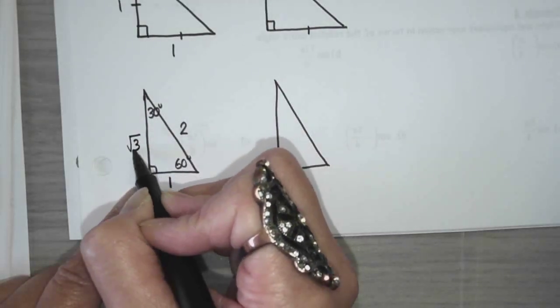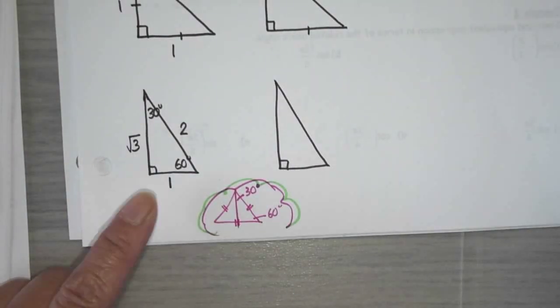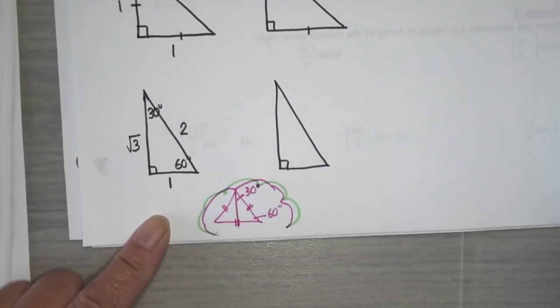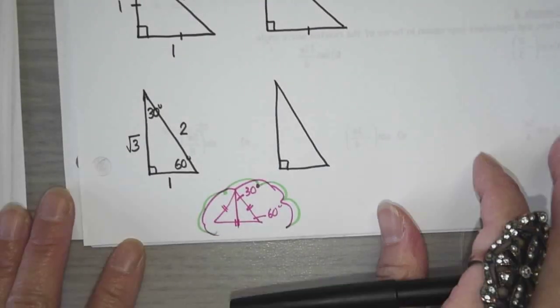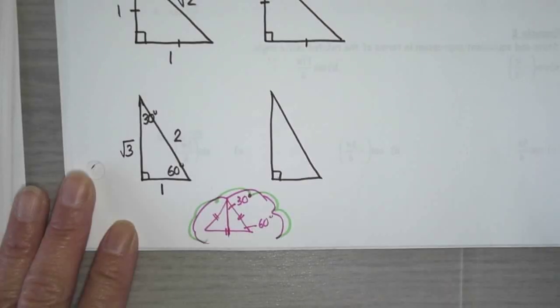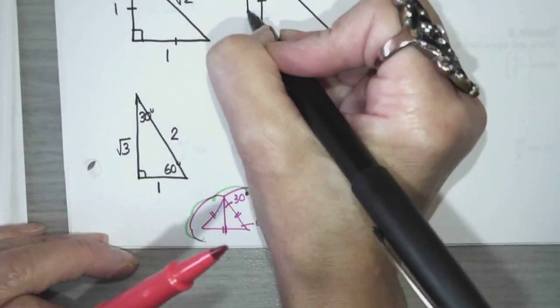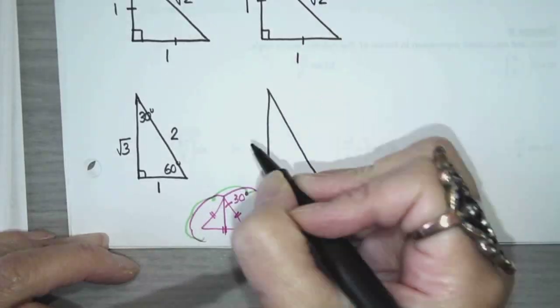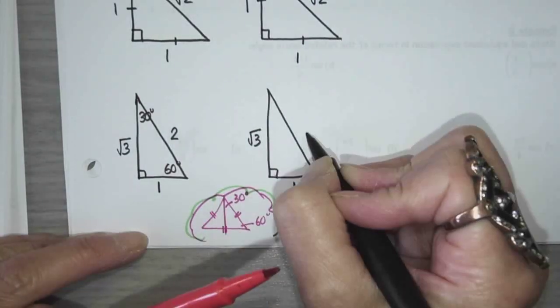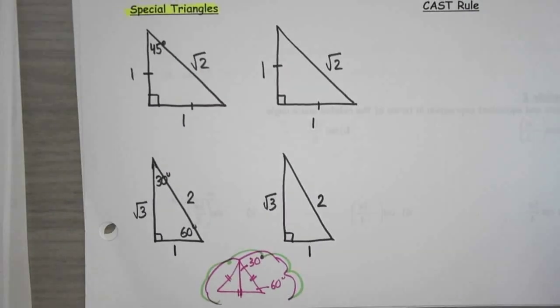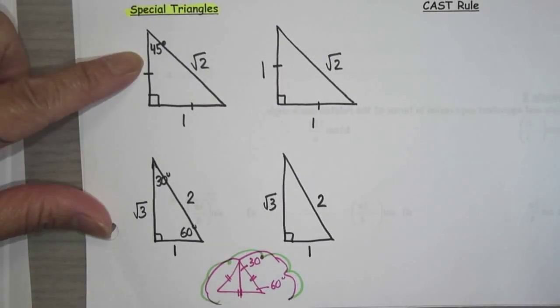This was root 3. If you ever forget how, we use the Pythagorean theorem: 2 squared minus 1 squared is root 3. Okay, again, not going over all the basics of it, but hopefully that rings a bell. All right, so now we're going to convert this and do the same thing, but with radians. The ratios will stay the same. So this is still 1, 1, root 2, and this is still root 3, 1, 2, right? So the side lengths will be the same, and the only thing that's changing is that instead of putting 45,